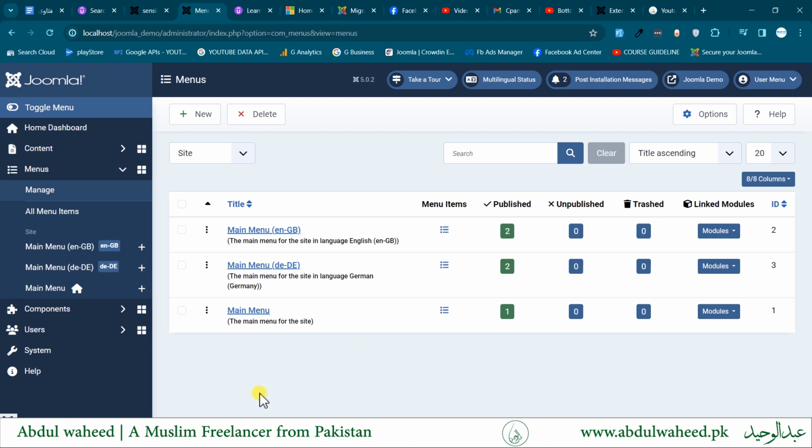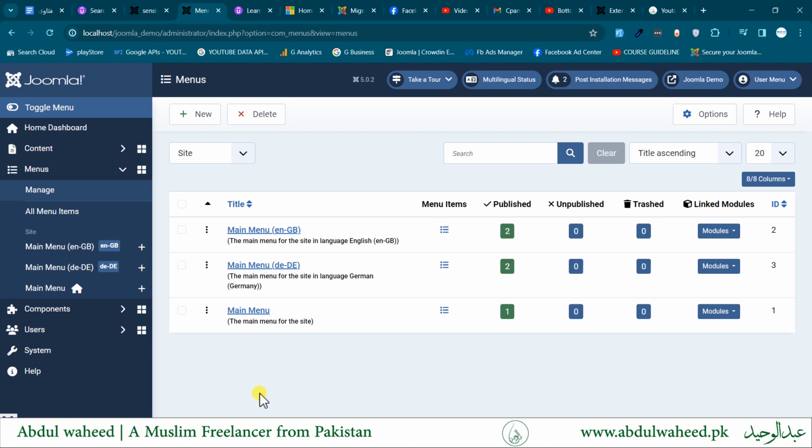Menus allow a user to navigate through the site. A menu is an object which contains one or more menu items. Each menu item points to a logical page on the site. A menu module is required to place the menu on the page. One menu can have more than one module. For example, one module might show only the first level menu items and the second module might show the level